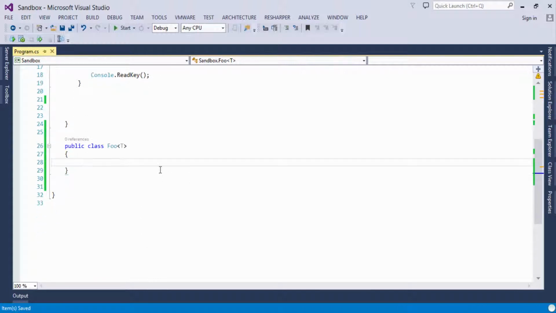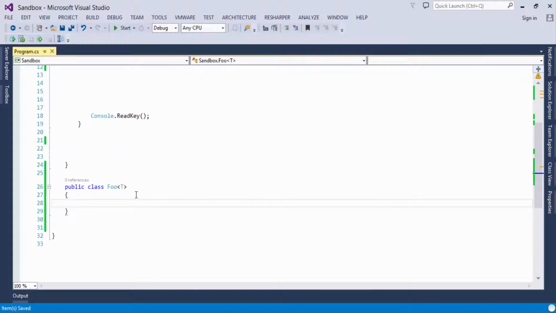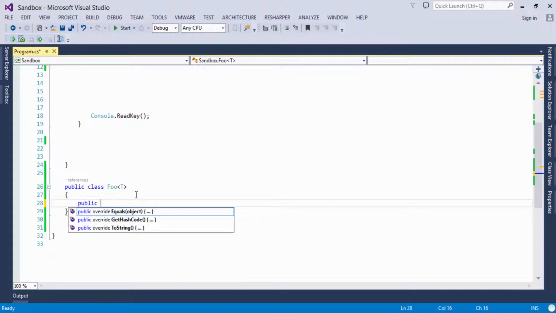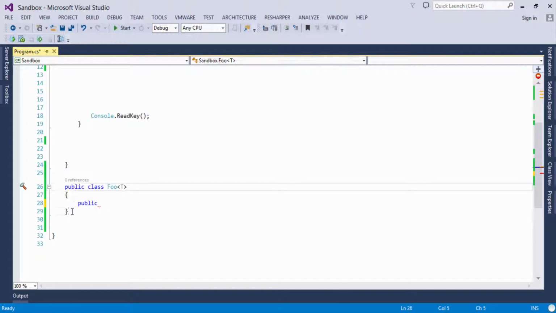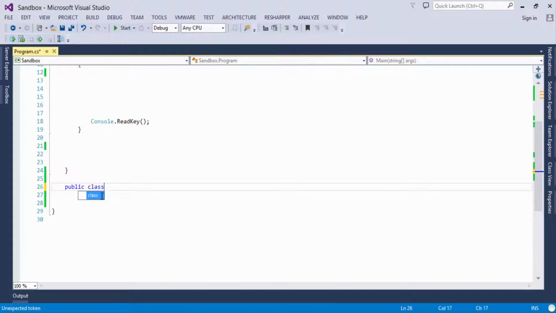Now I want to create a function here which will return some sort of value. This can be an array or a string, whatever, it's up to you. But I would really recommend that you use it in interfaces. So interfaces usually start from this, and say